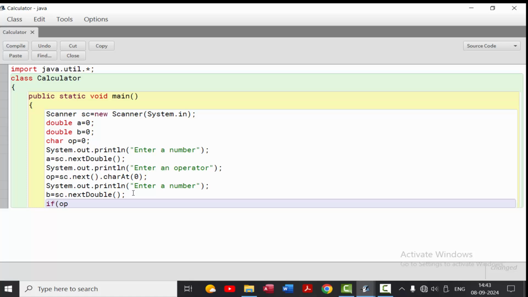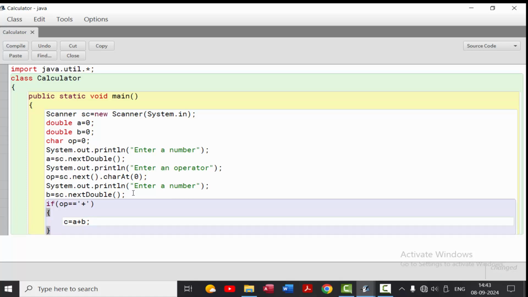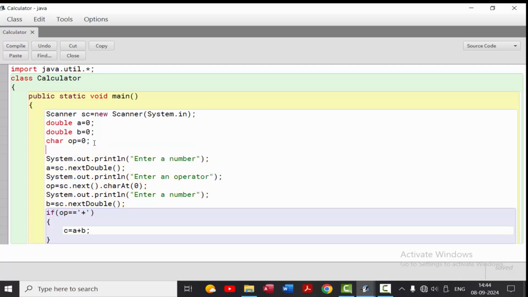If operator is equal to plus, then we have to add these two numbers, then c is equal to a plus b, but before this we have to take the variable c. So for that we have to type here double c is equal to 0, and then we have to repeat this